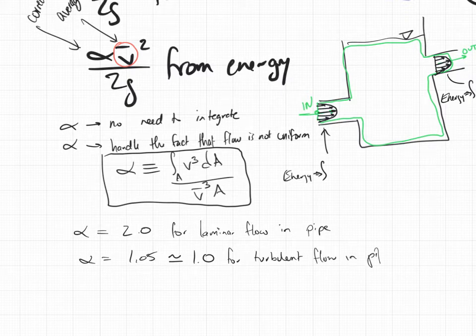In a pipe. Okay, so that's really what we're going to do here. You're going to check to see if something is laminar or turbulent, then you're going to decide that it's either 2.0 or 1.0 based on that. And the reason this works is because for laminar flow in a pipe,